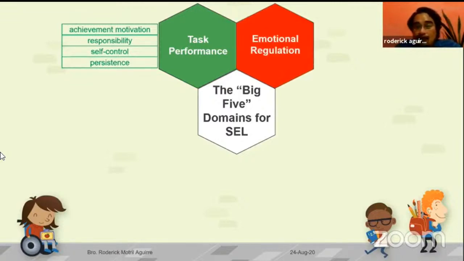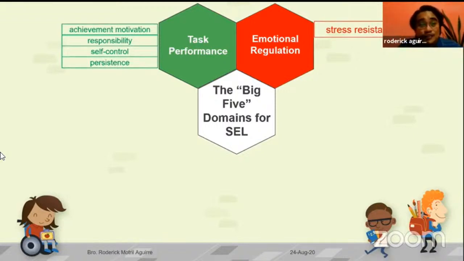Okay, another area of the big five is emotional regulation. So via the test performance, very important. You cannot teach emotional regulation if you don't have test performance for your students. The big five of social emotional learning would emanate from the tasks we create. The tasks we create provide all of those four core social emotional skills. And then once we have the task, we can now help our students regulate their emotions. And what are the things they will develop when we regulate their emotions? By the evaluative activities that we provide with them.